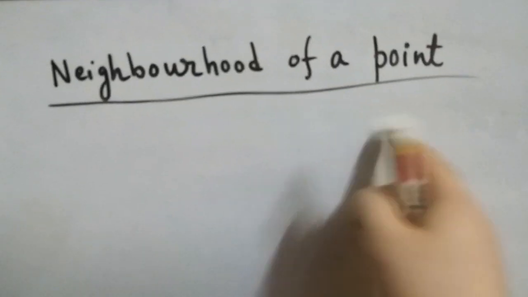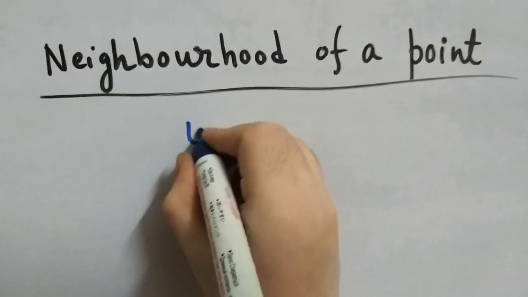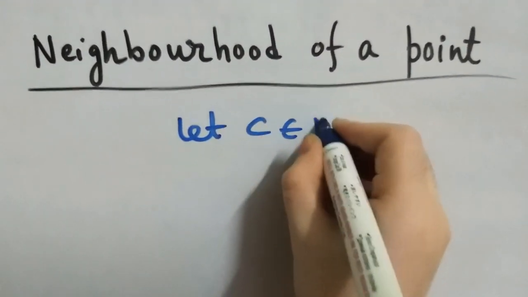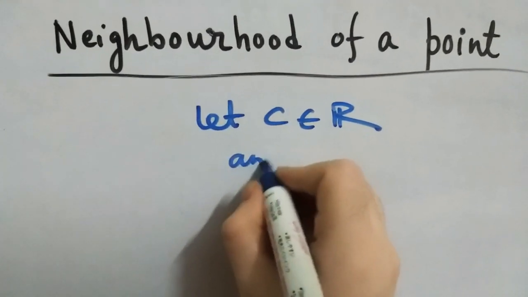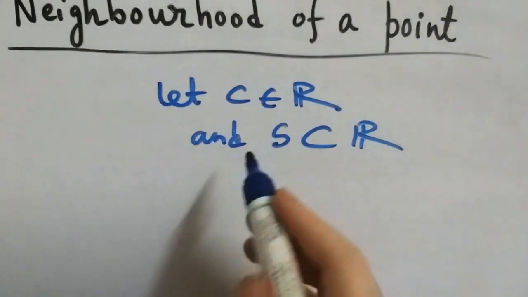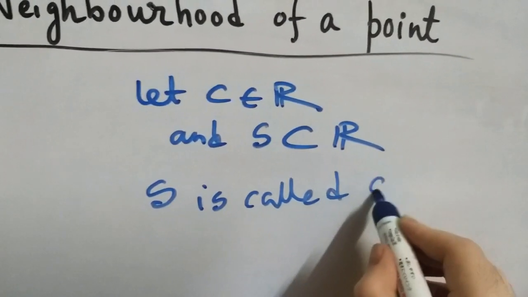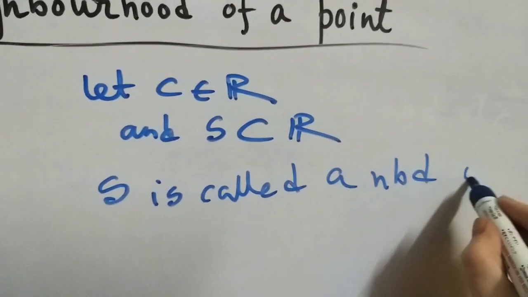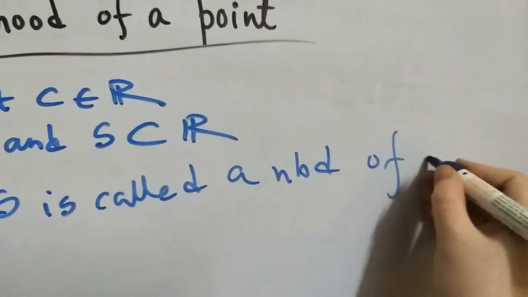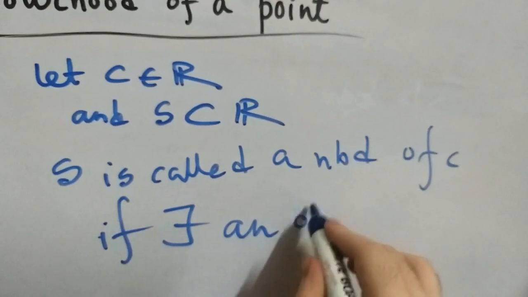Today I will discuss the neighborhood of a point in real analysis. Let C be a point in R, and let S be a subset of R. Then S is called a neighborhood of the point C if there exists an open interval